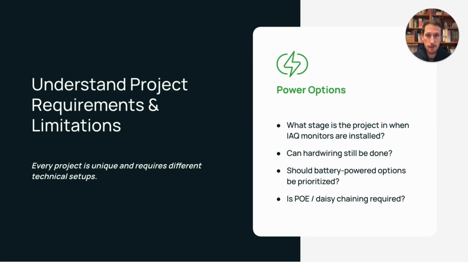First one is power. So there are really two options here: hardwired and battery powered. And choosing the right one depends, well, actually, there's also a third option, which is USB power. And I say that's kind of a third option because that's generally more of a backup solution. Ideally, if you're going with a proper deployment of air quality monitors, you don't want to be doing this with USB cables, because somebody can just walk along, unplug the cable, plug their phone in, and forget to plug it back in. So it's a useful option to have, but really, ideally, you are looking at either a proper hardwired solution